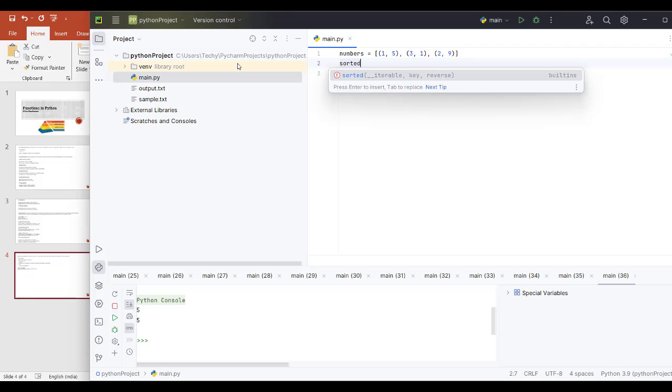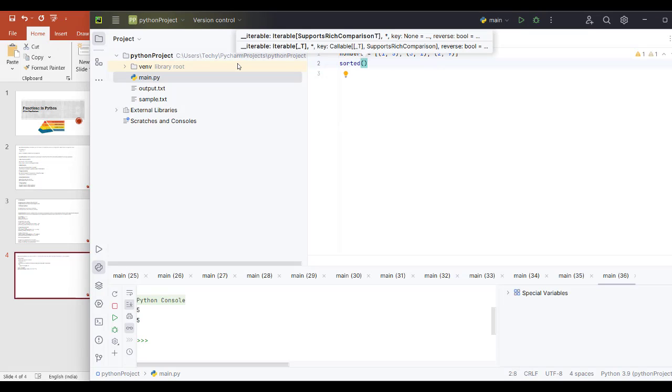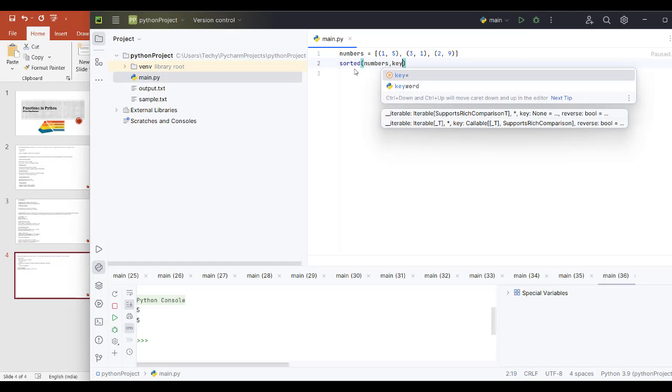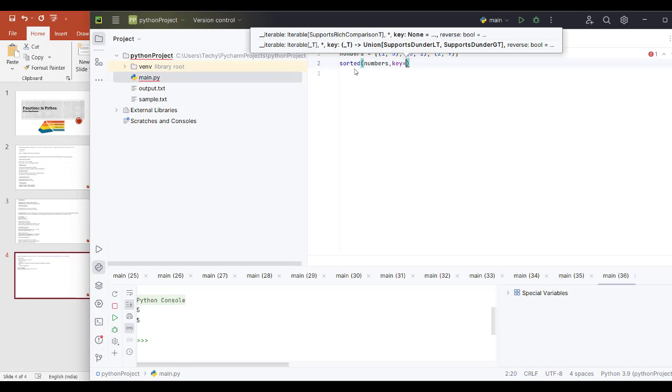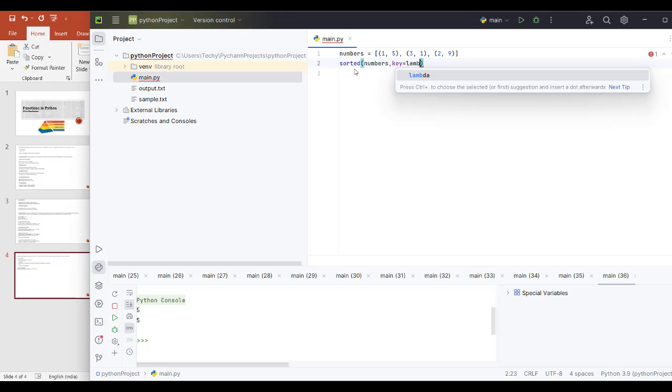It's sorted. Now, what is it asking for? It is asking for iterables. So iterables are the numbers, or the iterables what you want to iterate on, comma. It is asking for the key. What is the key? It means on what condition you want to iterate this upon. So that will be sorting. So that is nothing but lambda, and you can assign that x